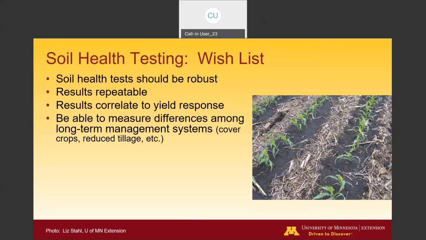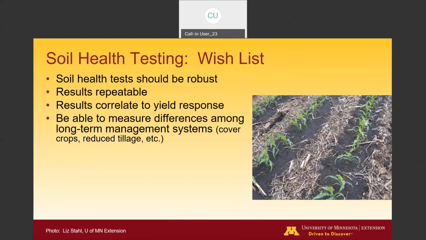And you would be able to measure differences among long-term management systems. Again, we've tried this with different tillage systems, and unfortunately just were not able to detect big differences. Now, maybe we didn't have enough, we had a corn on corn situation, but long-term tillage, maybe if we would have had a corn soybean rotation or cover crops, maybe we would have seen more differences, but we haven't yet